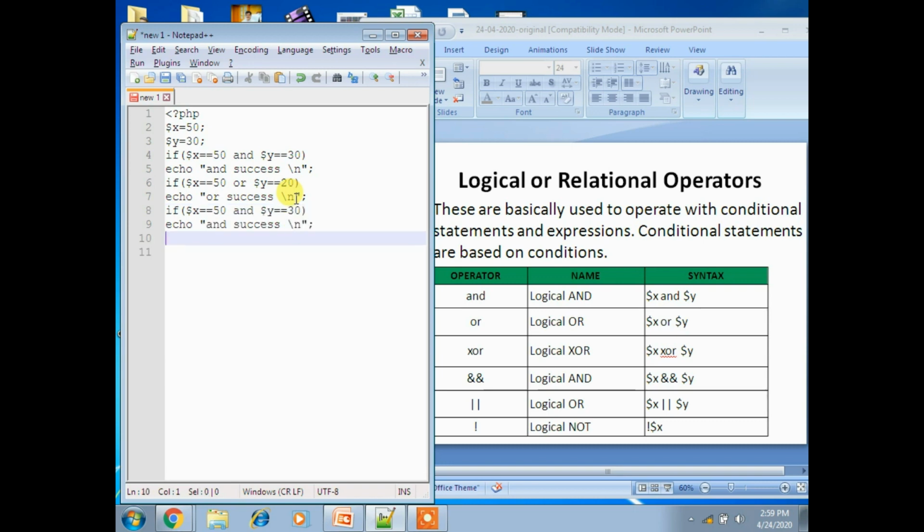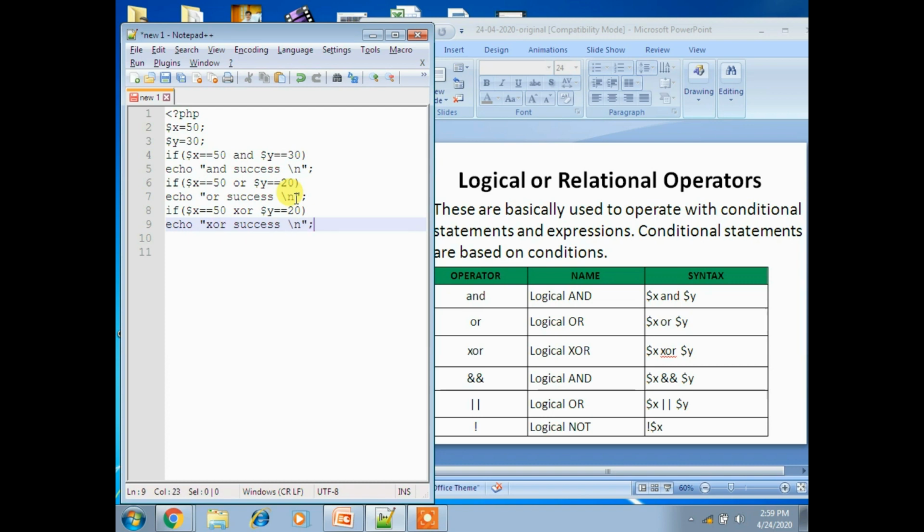Now for another, take if $x equal to 50 XOR, so logical XOR, $y double equal to 20, place 20. Now echo "XOR is success".